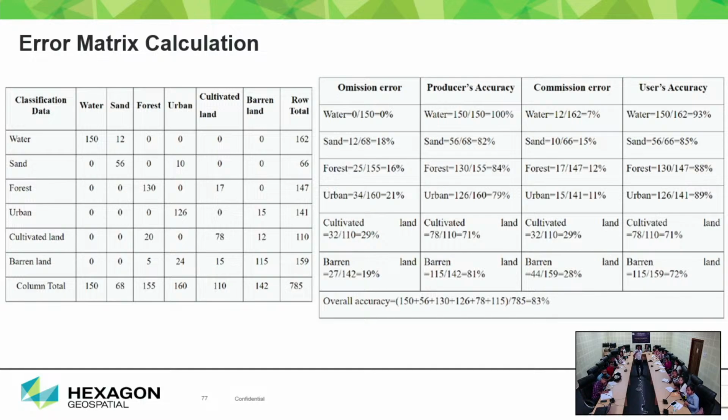Omission means you have omitted something, and commission means you have taken some commission. Exactly here you can see that in the case of forest, they are taking commission from cultivated land: 17 pixels are commissioned by the cultivated land, am I right? And how many are omitted? 25 are omitted. So this is also a part of your error matrix calculation. Somebody will ask you, please tell me the omission error of the forest land and the commission error of the forest land. So you can take this pixel number 25 divided by